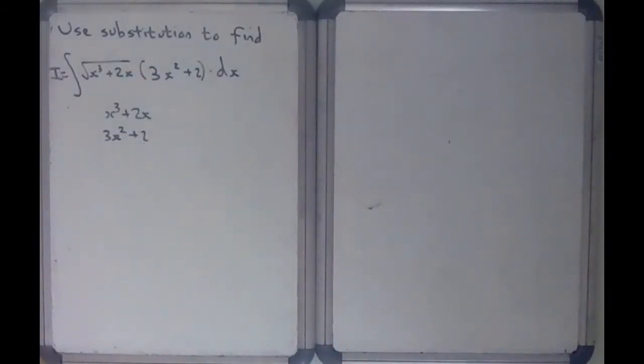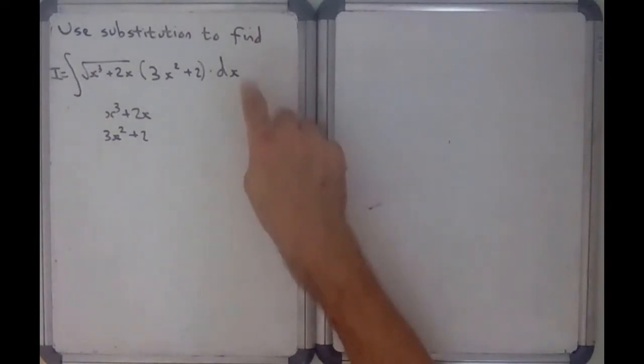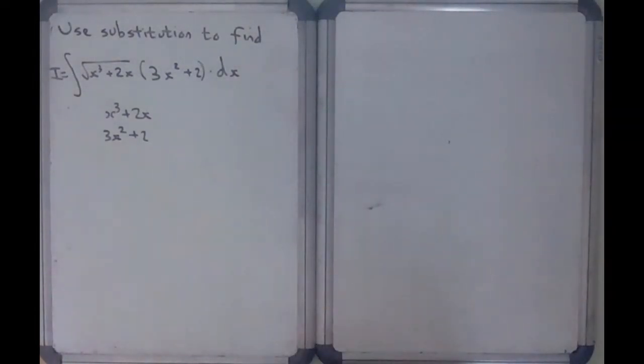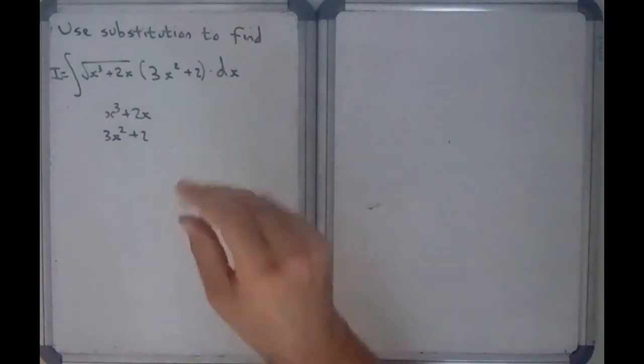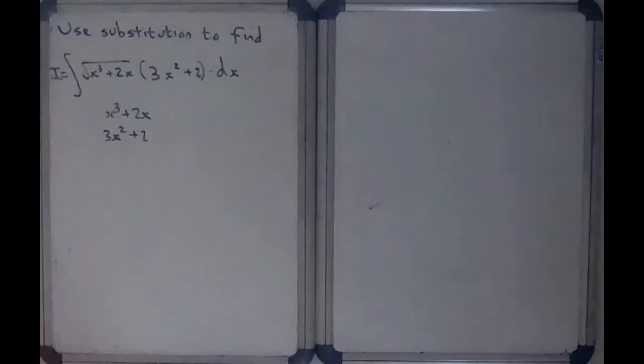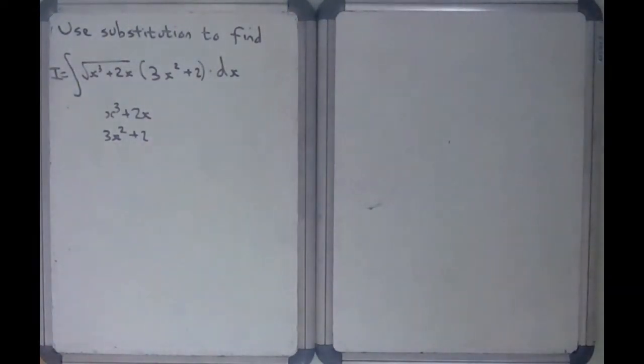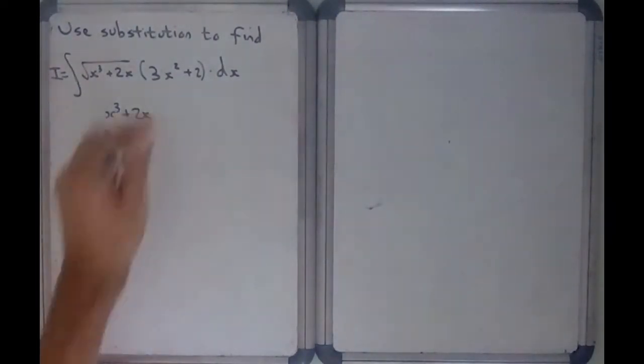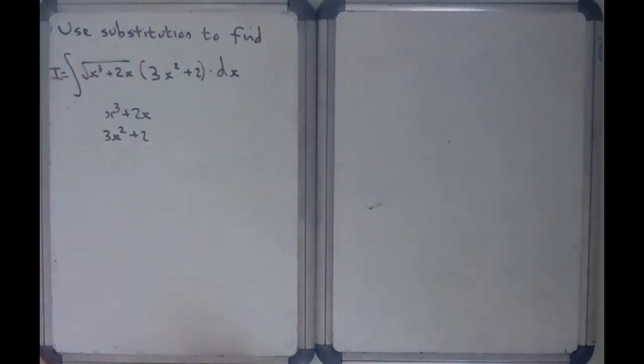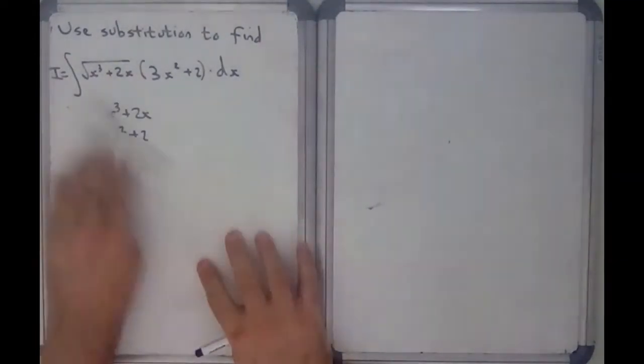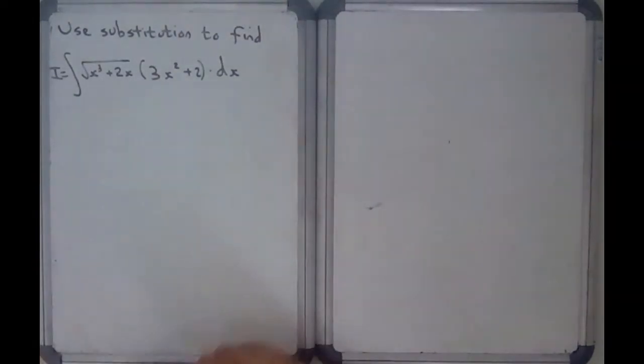So if you're familiar with the way these things work, when you try and replace the dx with something to do with du, you end up with a du, and you also end up with a divisor that always is the derivative of the u. So when I make u this x cubed plus 2x, I'm actually going to be able to knock out all of this, so it would probably make a lot more sense once I actually show you it happening. So formal approach, let u